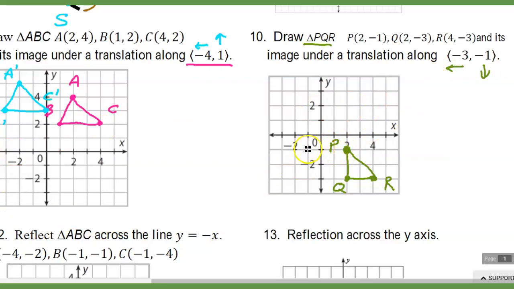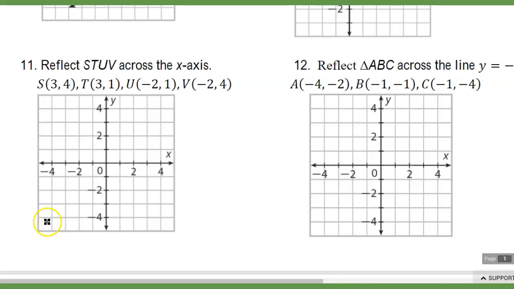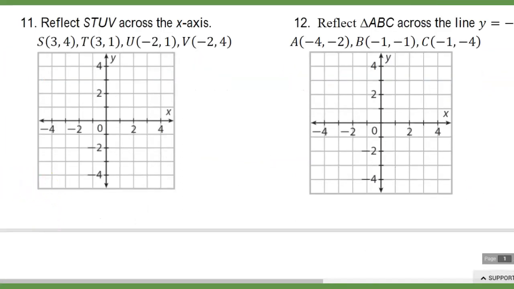So 1, 2, 3, down 1. That's P prime. 1, 2, 3, down 1. There's Q prime. Then 1, 2, 3, down 1. Here's R prime. All right. There's our practice with component vectors. Move on to number 11 now. Let's do some